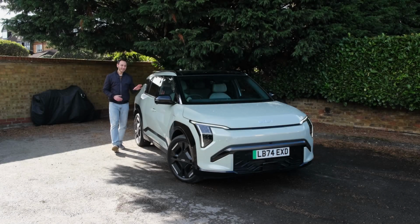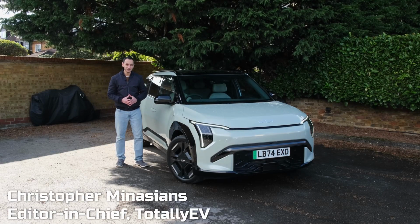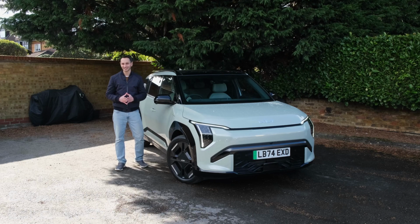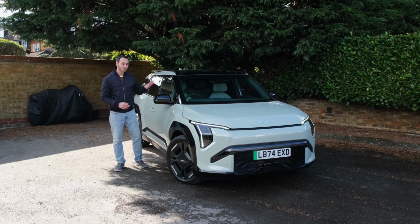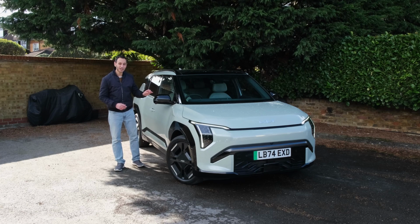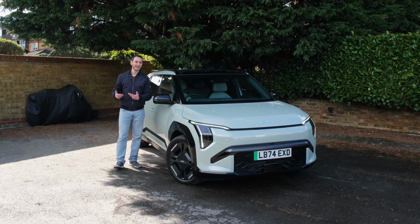Some might say the Kia EV3 is a direct replacement to the Soul EV, which has now been discontinued and was on sale for over 10 years. However, the manufacturers assured me that's not the case. Nonetheless, this is the automaker's first fully electric compact SUV, indeed complementing the rest of the fully electric lineup from